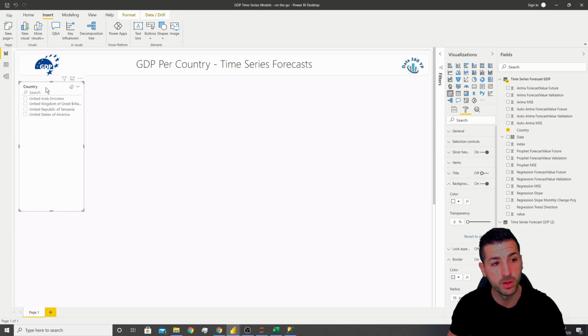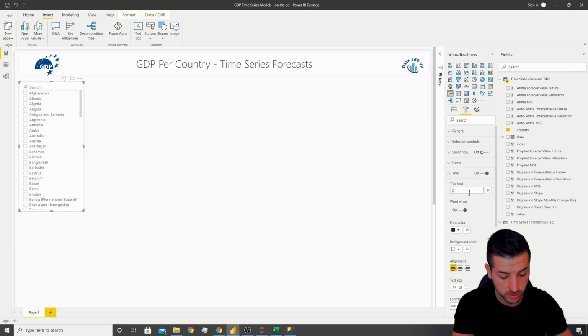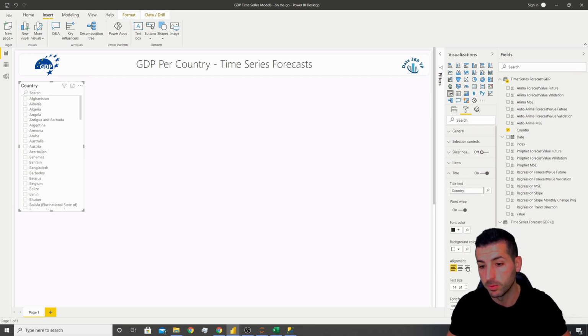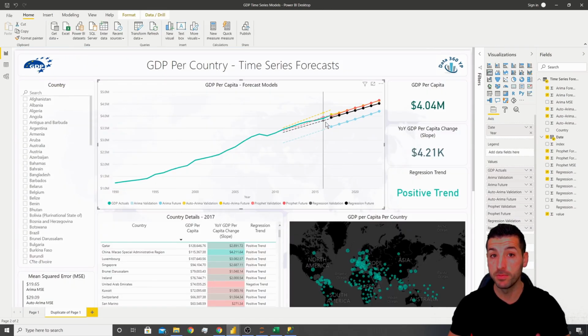And then we also need to remove the slicer header, add a title. The title is going to be country. We want to add it in the middle, size 14. Everything is fine. Right, next we need to go on and add our main visual, which is the GDP per